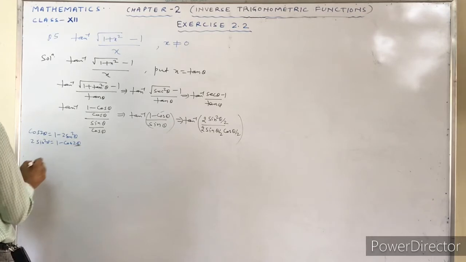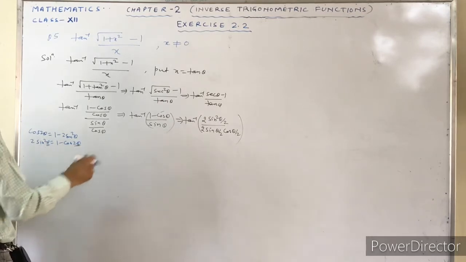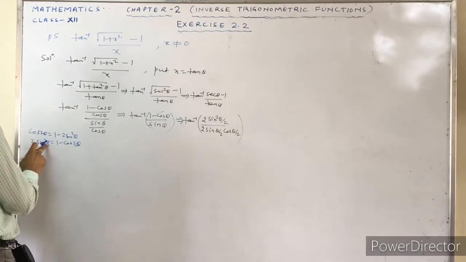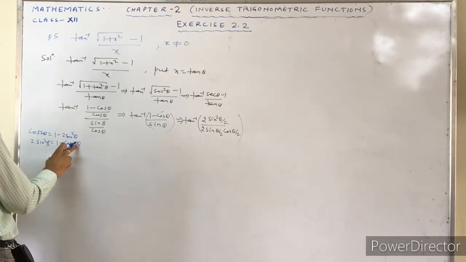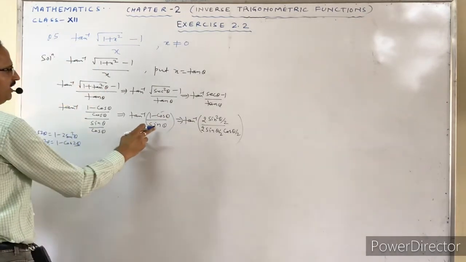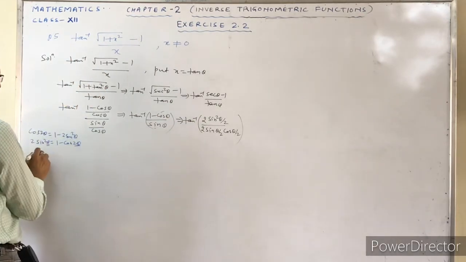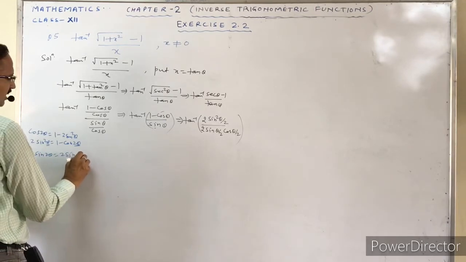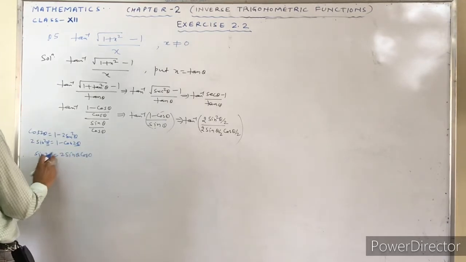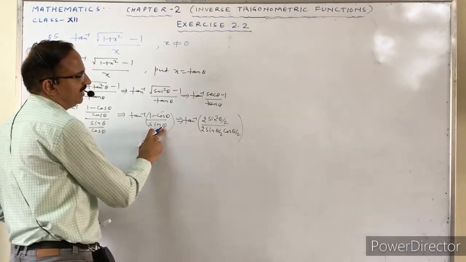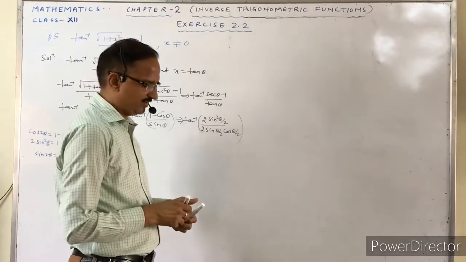Here it is 2 theta, it becomes theta. But in our question it is theta, so that will be theta by 2. Half of theta is theta by 2. And here I am using the formula sin 2 theta equals 2 sin theta cos theta. When it is 2 theta, then here we have theta, but since in our question it is theta, it is theta by 2 and theta by 2. So we write 2 sin theta by 2 and cos theta by 2.